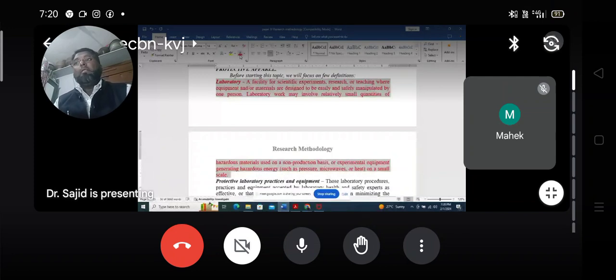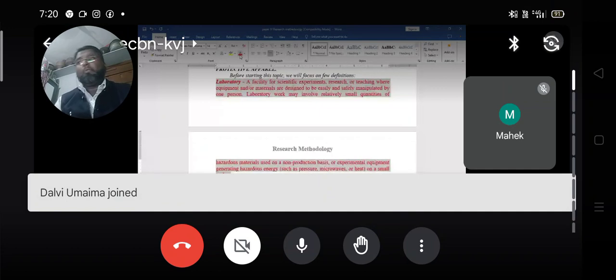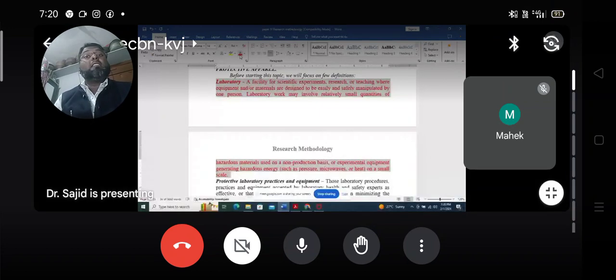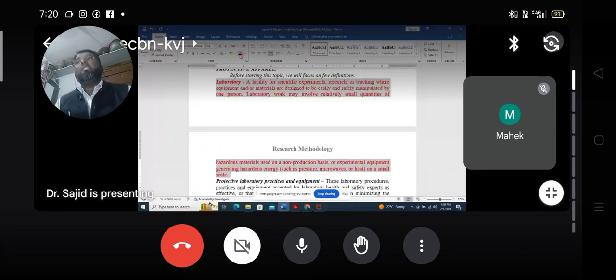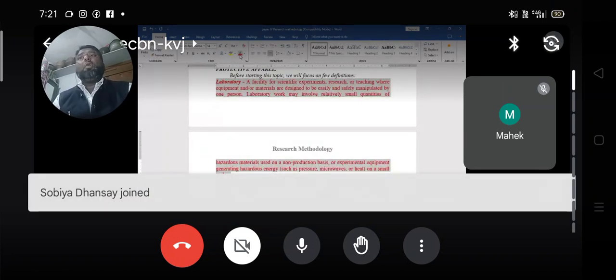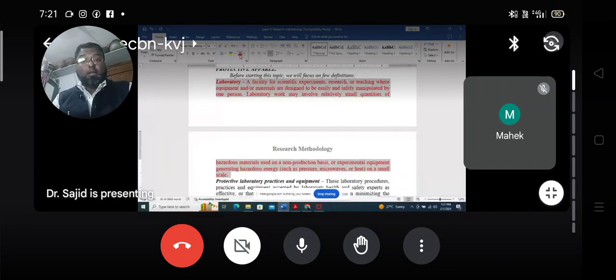Or you can see some equipment may generate hazardous energy in the research laboratory. That part is there for the research laboratory. So many of you may join the research field as a career. That's why this part is very important, as you are supposed to enter research work. When you approach the PhD, or say you are joining at any research center,